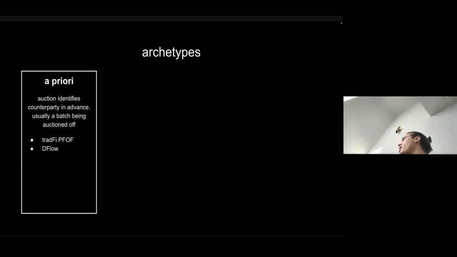So we get this kind of design, which I call a priori. The a priori refers to a temporal component, obviously. The idea is that whatever the auction is deciding on has been decided even before the user intent has been formed. The user doesn't even know what they're trying to do. So we see this in traditional finance with paid for order flow agreements. Robinhood has signed a deal with Citadel, or like they've auctioned off to Citadel, whoever, way before anything has happened. And Nitesh couldn't be here, but DFlow is building something similar, although the time window is very much up for debate.